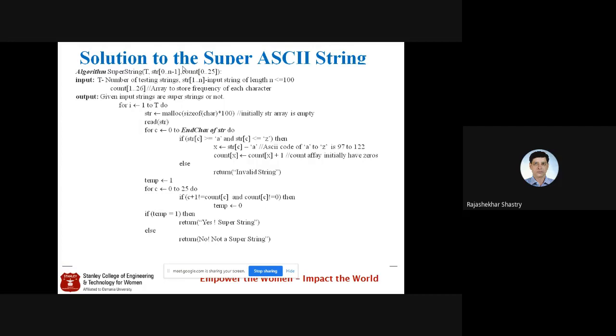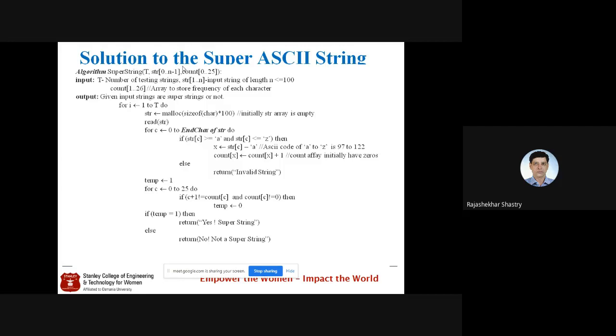If it is non-zero, see the second half: if c plus 1 is not equal to count of c and count of c is not equal to 0. That means while reading the locations of the count array, the frequency array, you just concentrate on the non-zero locations only. And if you find any non-zero location, that value should be equal to the index value plus 1. What is my index here? c is my index. c is holding the index value plus 1. If any of these two conditions fail, then I'll change the flag value from 1 to 0. That is true to false, I'll change. Likewise, I'll fix the flag variable.